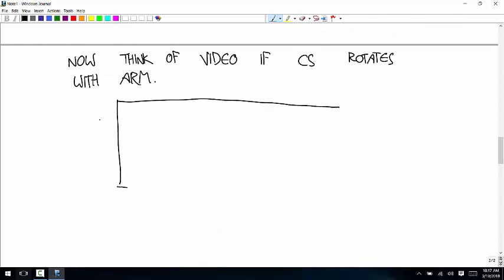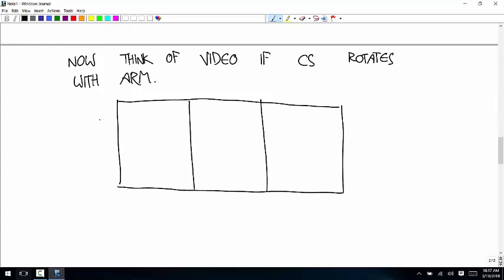And these three frames of video look like